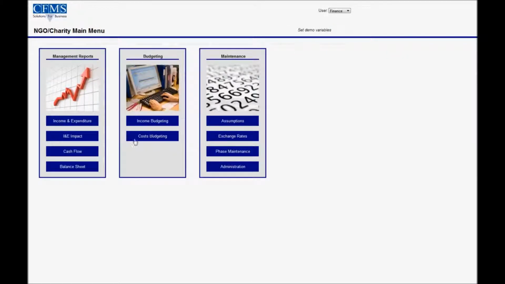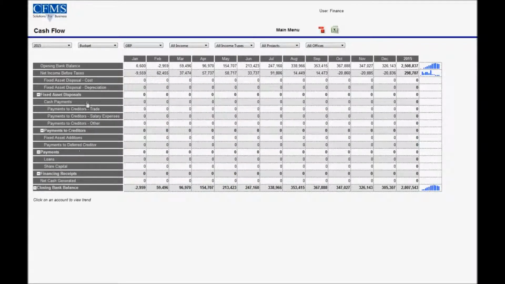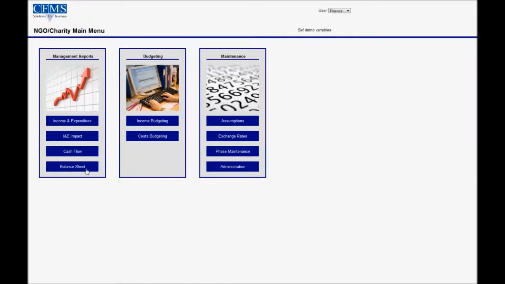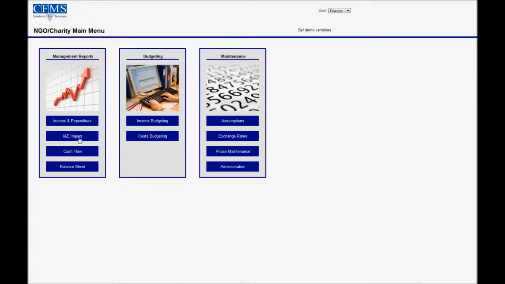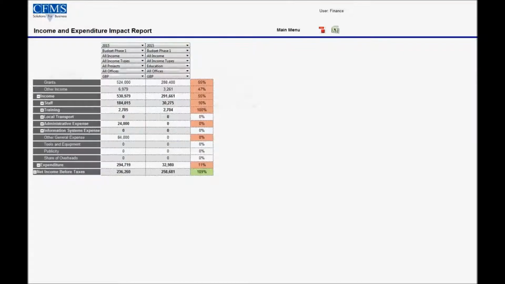The income and expenditure in turn, of course, feeds the cash flow, where we can add rules and calculations around payment timings, as well as the balance sheet, which can be configured in the same way. In this demo here, it's simply tracking cash. Now, the final report here